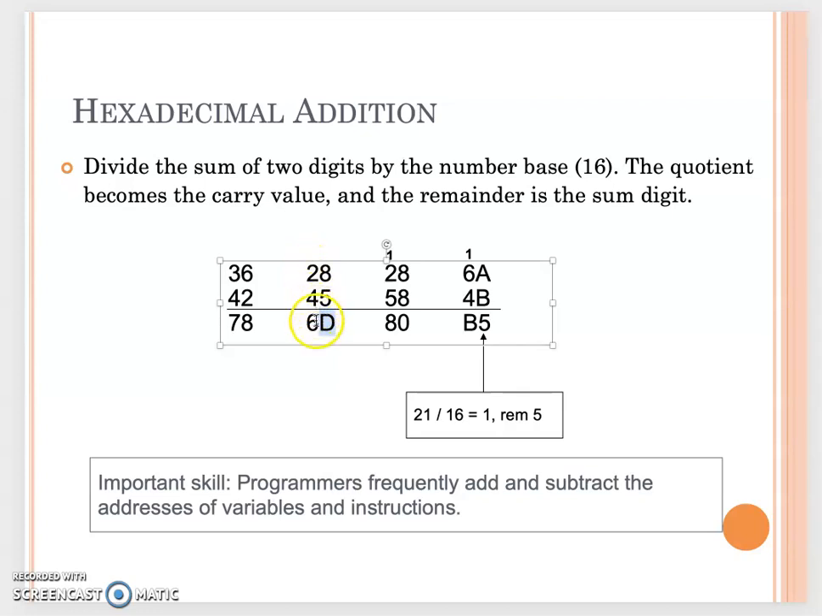Then 2 plus 4 is 6. Then 6 plus 2 is 8. Then 3 plus 4 is 7. So that's how you will do the addition. So you can see binary number, decimal number, hexadecimal number addition is the same. Just carry